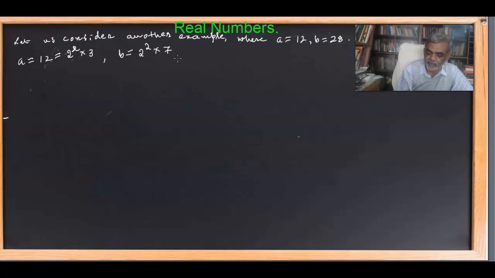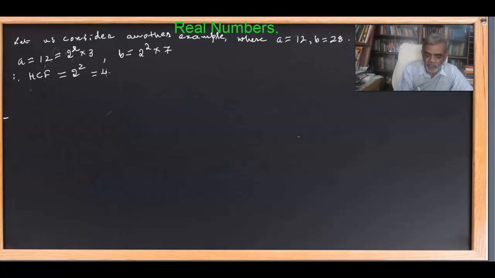Now HCF is equal to the least power of the factors involved in both the numbers. Here the least is 2 raised to 2. 3 is not in B and 7 is not in A,